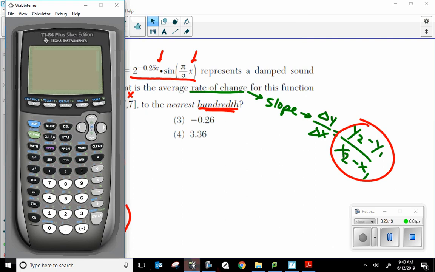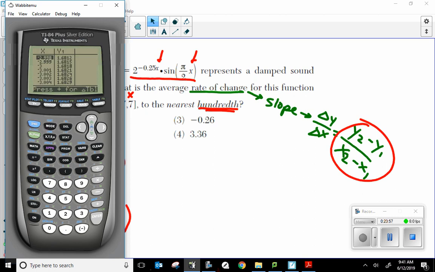So let's take a look at our calculator here, and let's put in our damped sound wave. We'll go to y equals, clear this out, and I'm going to put 2 raised to the negative 0.25x times the sine of, we have a fraction here, I'm going to type it in just like they gave it to us. That's pi, and there is a pi here. Don't put 3.14, actually use pi. Pi over 2 x, right there, parentheses. All right? Now, if I look at my table,